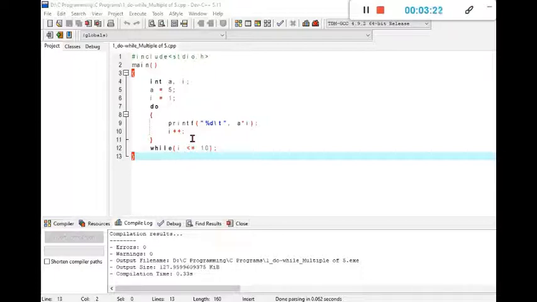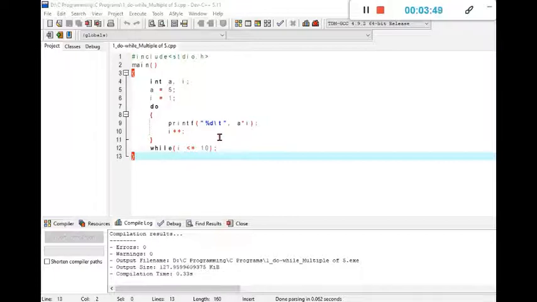Now again, after displaying the print statement, it will go and check the condition written in while. The while condition is i is smaller than or equal to 10. So after each execution, it will check whether the value of i is less than or equal to 10.